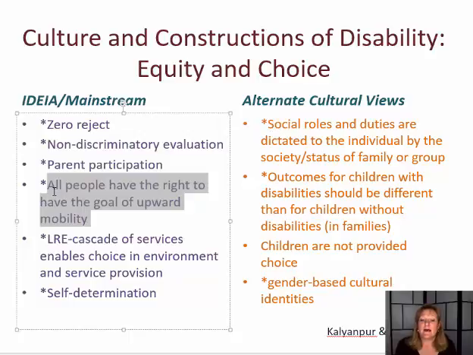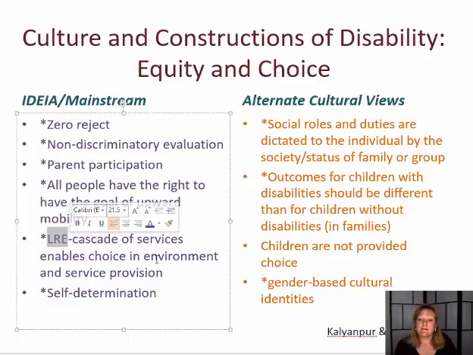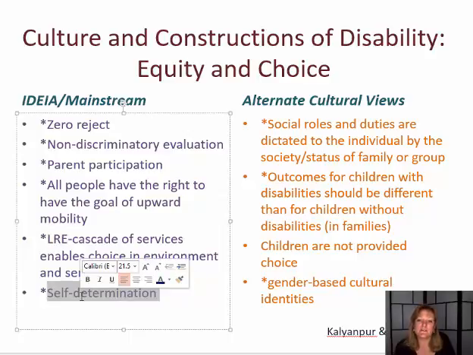All people have the right to have the goal of upward mobility in society. The least restrictive environment is a major consideration in terms of where a child receives services. We start with the general education environment first, and move to more restrictive placements only if the child needs those to learn. And there's this idea of self-determination,